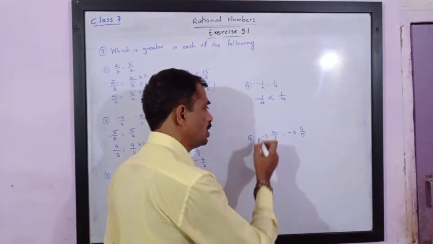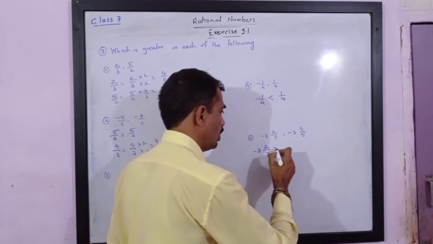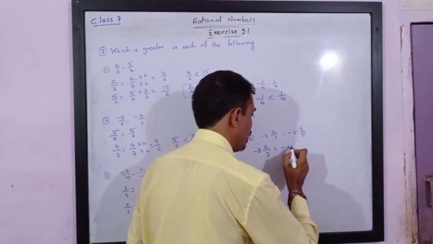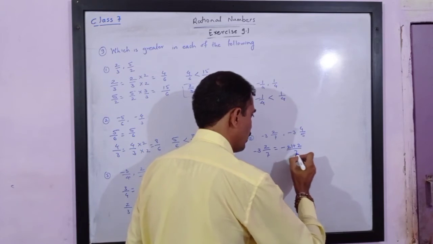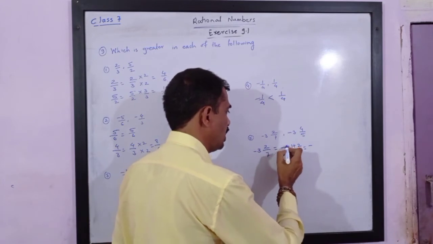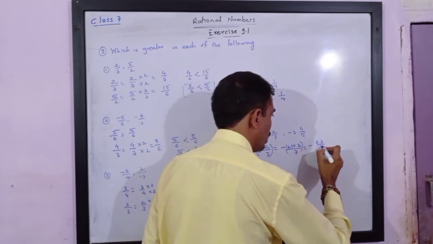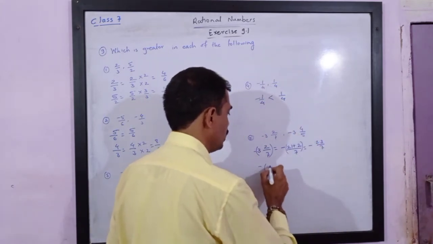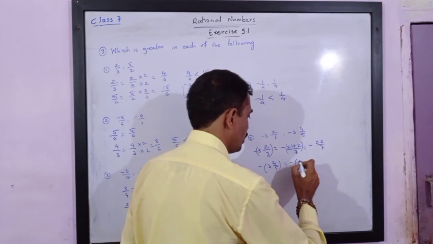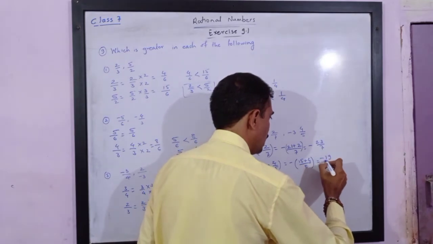Now next is about mixed fraction. Please note, this is mixed fraction. So negative 3 integer 2 upon 7 is equal to, we have to do the multiplication between these two and add this. So 7 3s are 21. This is negative 21 plus 2 upon 7, that is equal to negative, sign I have to keep as it is. So this is equal to negative 23 upon 7, and negative 3 integer 4 upon 5 is equal to 5 3s are 15, 15 plus 4 upon 5, it is negative 19 upon 5.